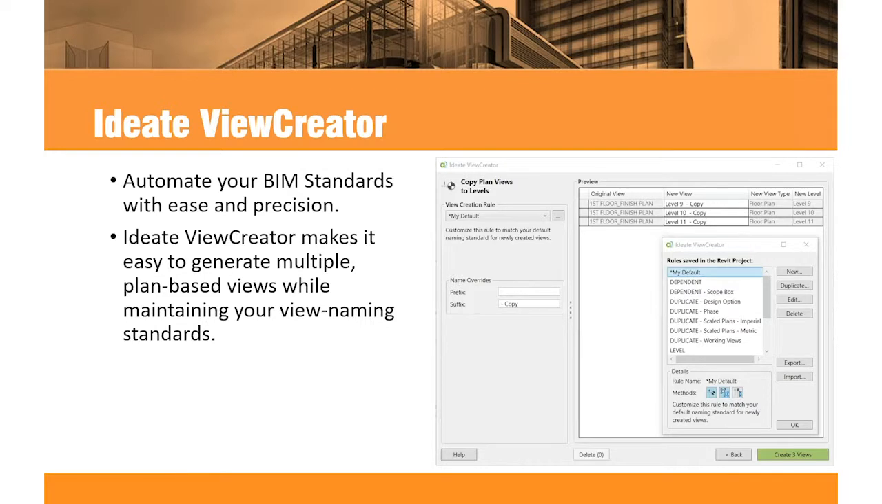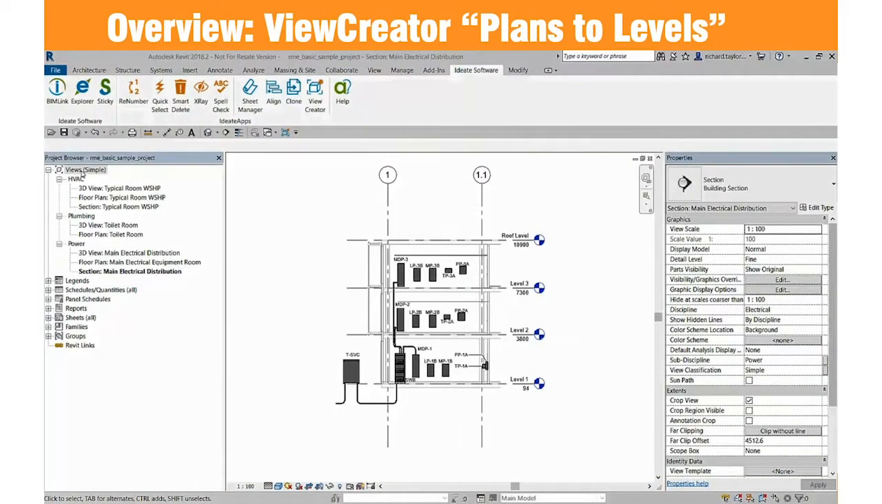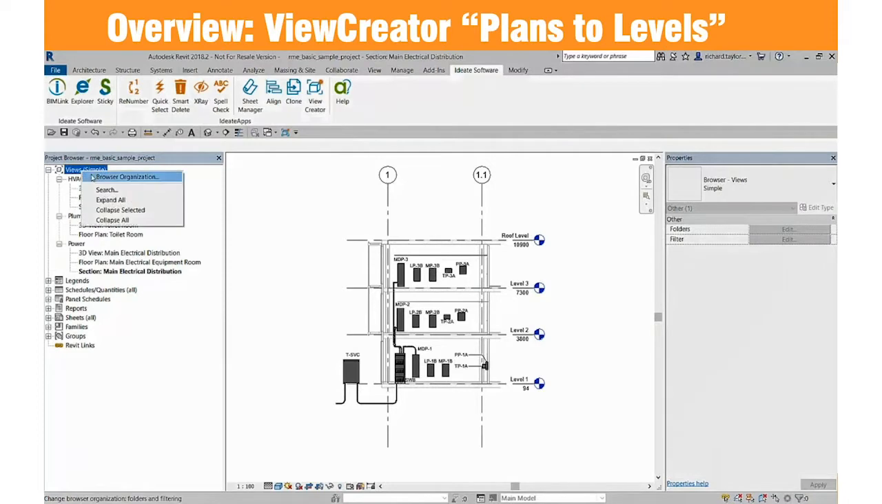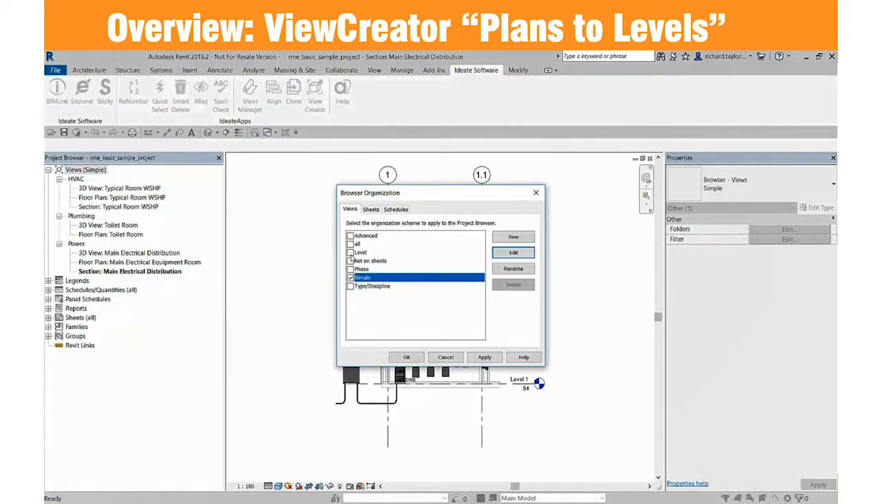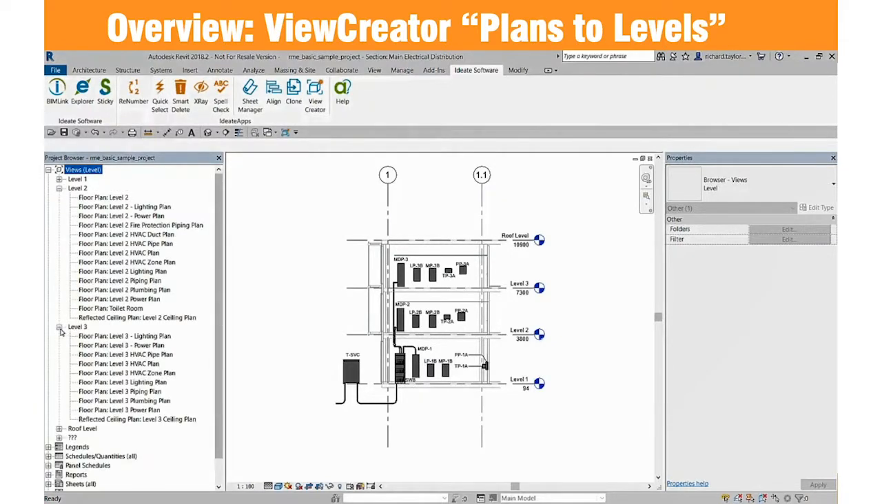And we're just going to go to the next one. Again, like I said, easily create all these standards up front. And so here is the plans to levels. And so what we can do is look at the browser organization. And right now, I can set it so that it's going to show all of the views based on level. So you notice that I've got the views set up here to level 1, level 2,